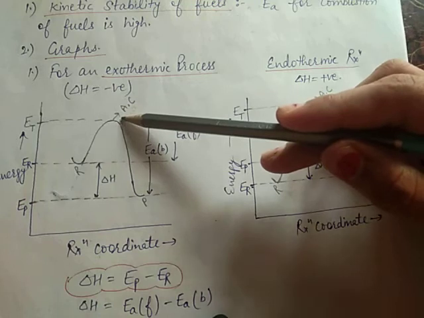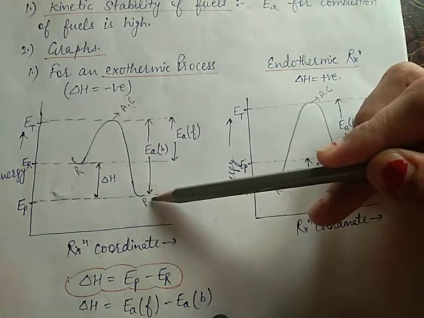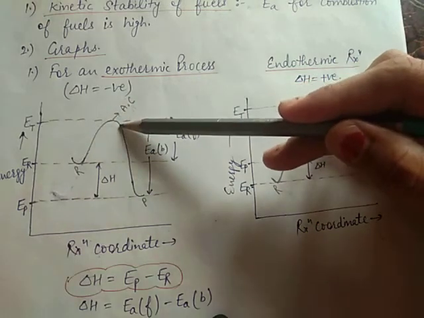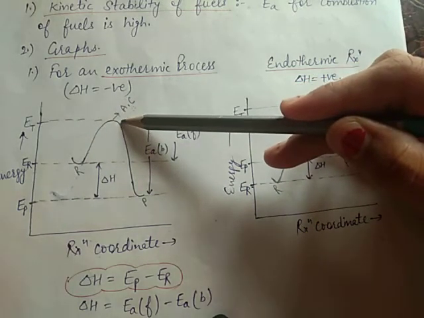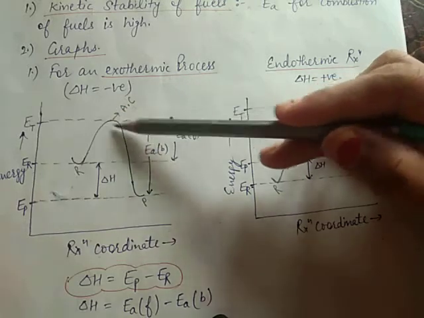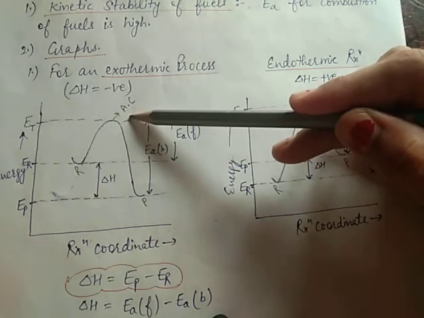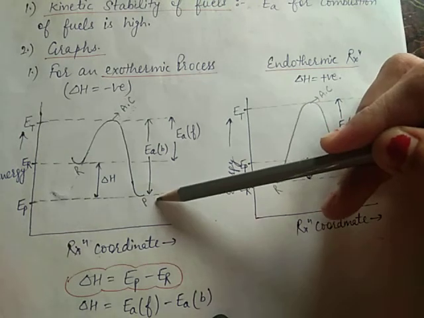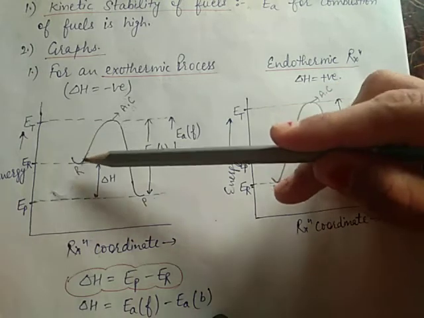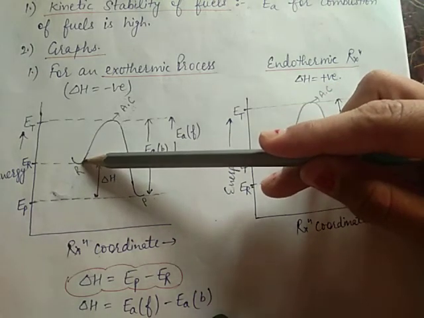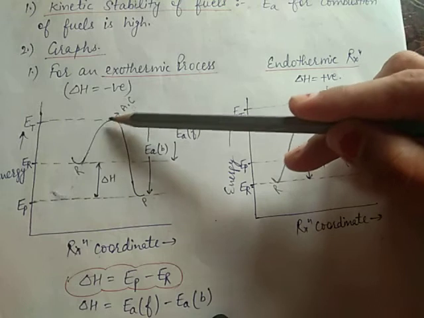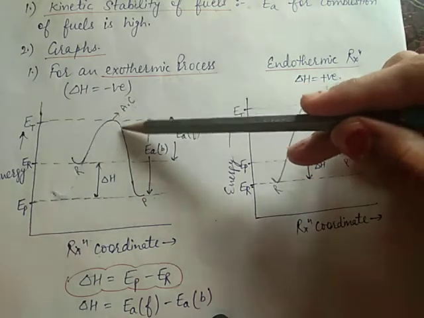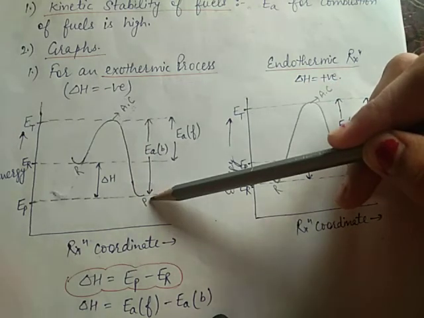So this activated complex, after that it changes into product. So the potential energy of this activated complex is maximum. And in this activated complex, the bonds are broken and new bonds are formed, which change into the product. So when the reactant molecules collide with each other, they form an activated complex, then after that it is converted into product.